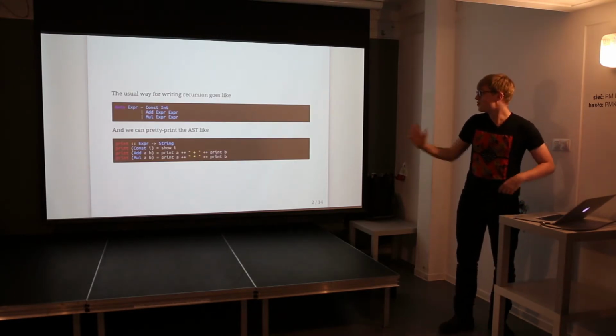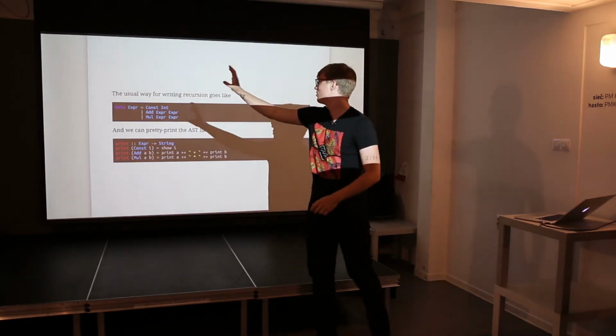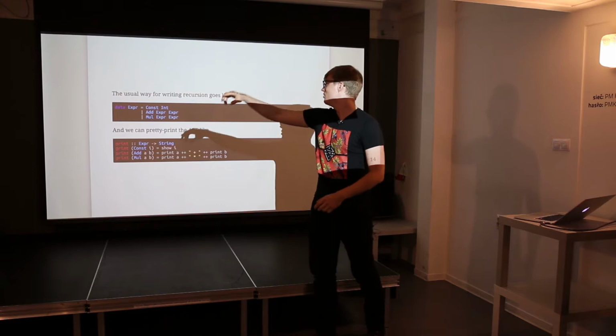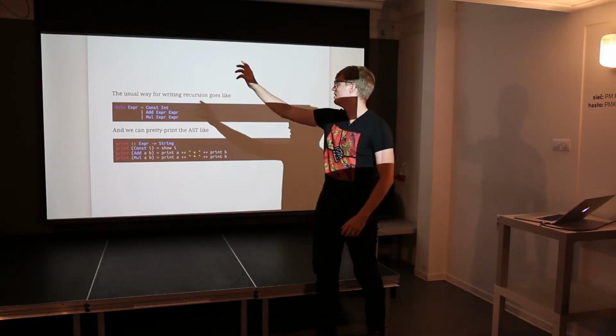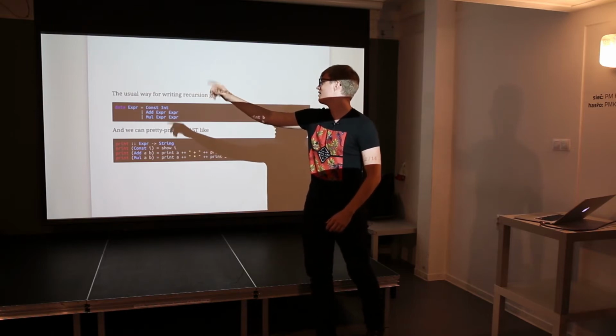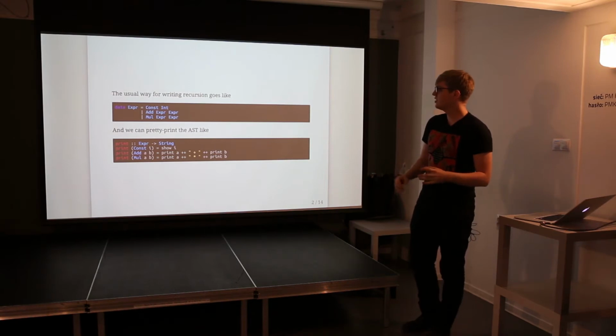We'll figure it out. So the usual way to define recursion is like that. You have a recursive data type. Here is a very basic AST. You have ints, and you can add them and multiply them, right? So you can do two things to them, that's all. And say you have a tree